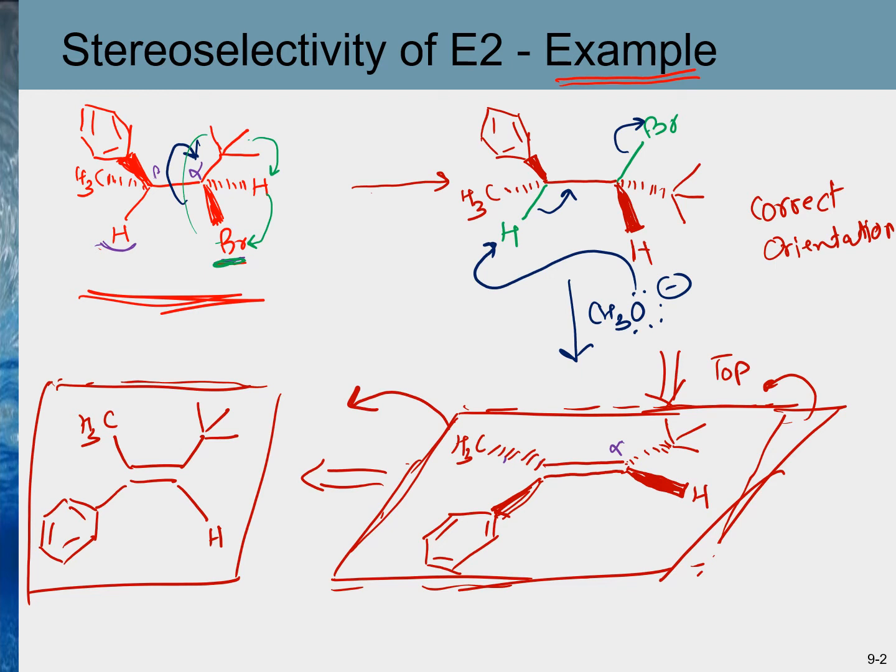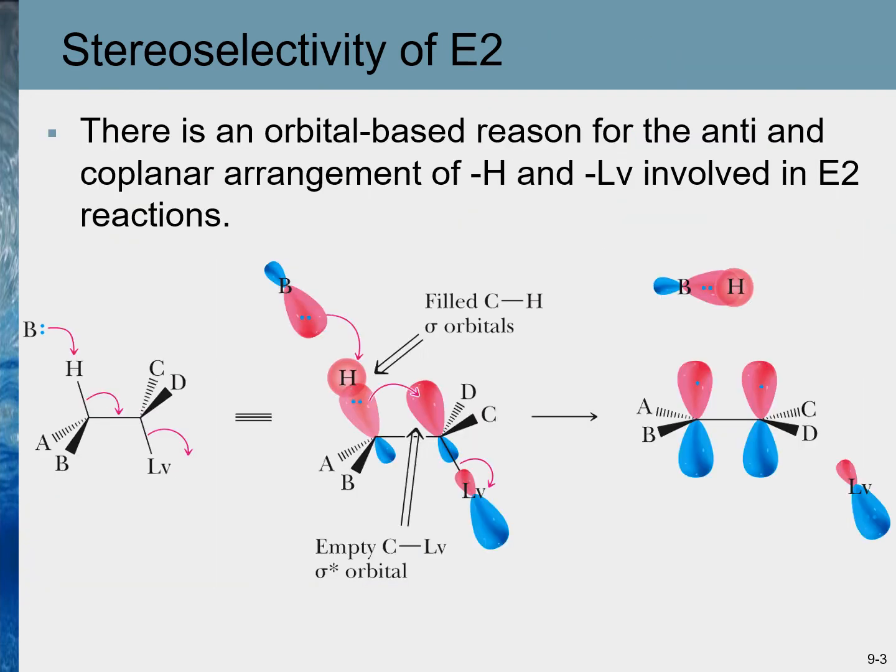of the E2 elimination reaction. As in the case of backside attack of a nucleophile in SN2 reactions, there is an orbital based reason for the requirement of anti and coplanar arrangement of proton and leaving group in E2 reactions. As shown in this diagram, after the removal of the proton by base and the loss of the leaving group, as you can see from this orbital diagram picture, the filled carbon hydrogen sigma orbital, this one,